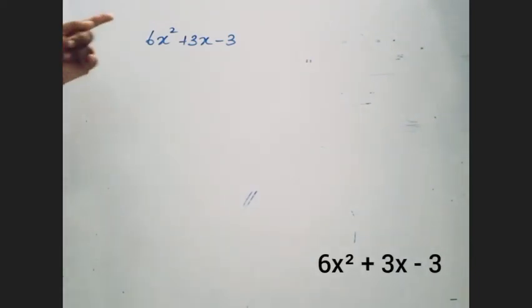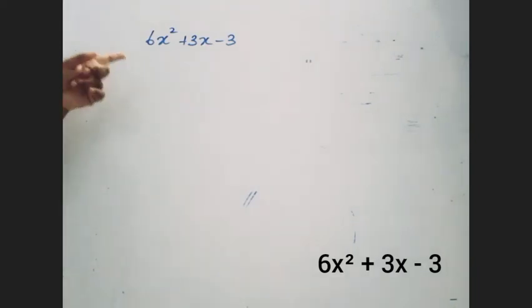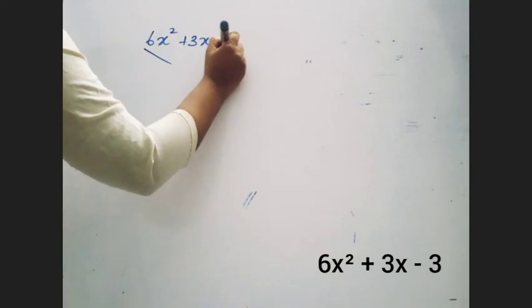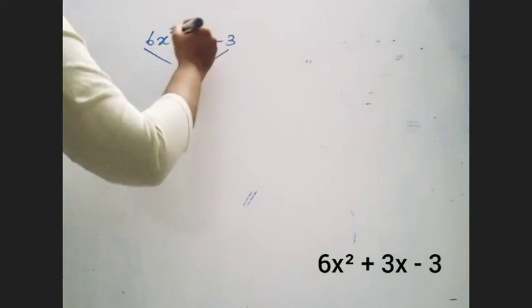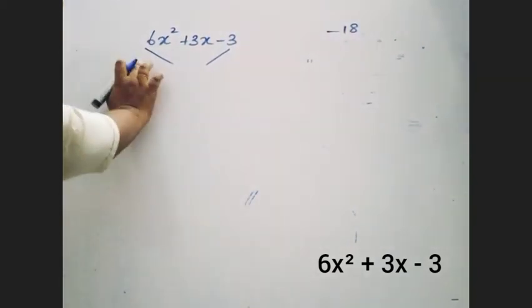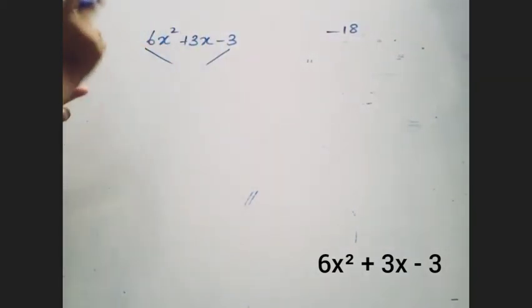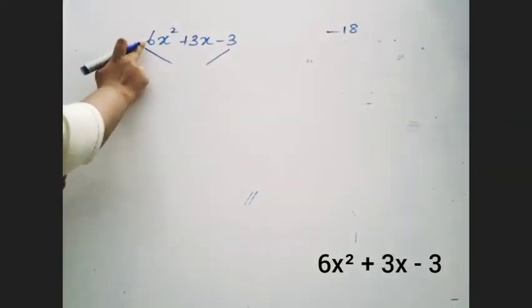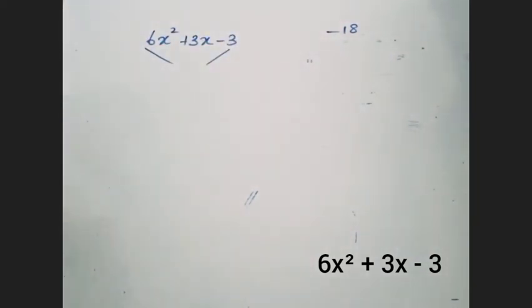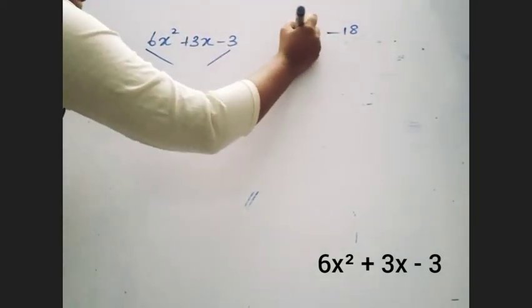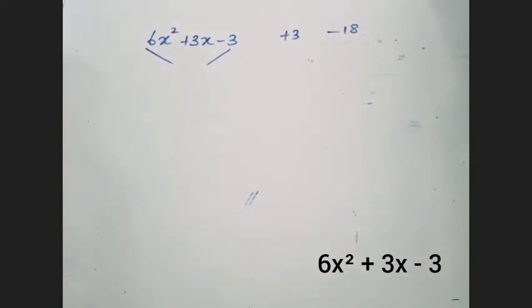So here for the first time I have a value other than 1 here as the coefficient of x square. So see, same procedure, only you will be getting a value when you multiply these two, right? This is the first step we learned, am I right? So multiplying these two would give you negative 18. So don't forget to multiply these two values. If there is 1, you will get only this value. Since there is a number here, you are getting another value here. Right. Now the middle term is positive 3. So when you add, you are supposed to get plus 3.